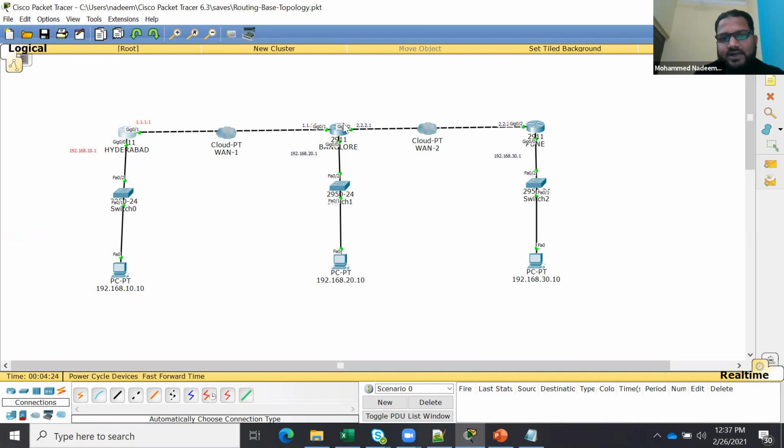Bangalore will send its routing table to Hyderabad, and Bangalore will share its routing table to Pune because they are running RIP. So they become neighbors and they share the entire routing table with each other on some periodic time. That's why you got all the routes here.